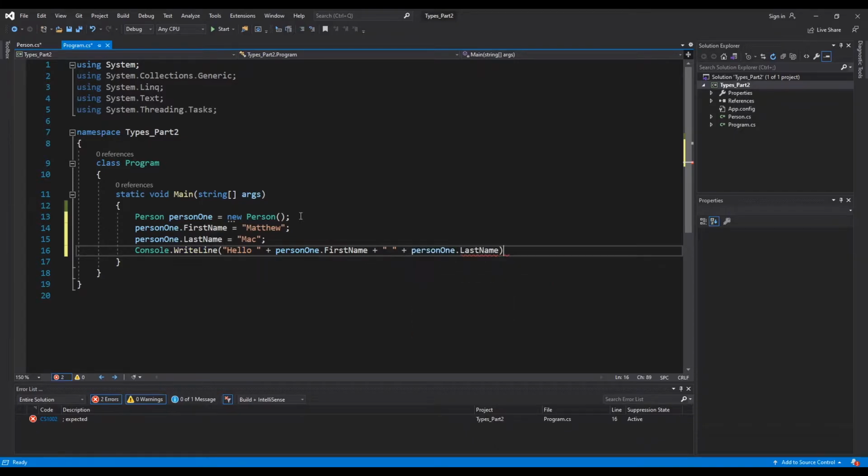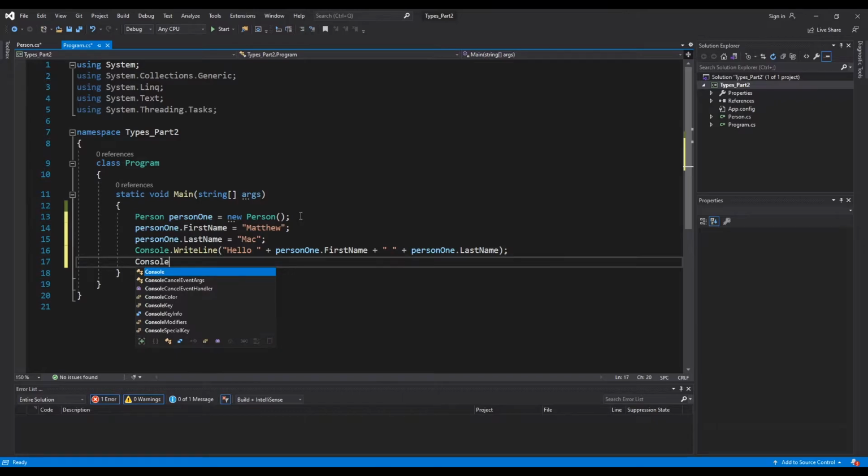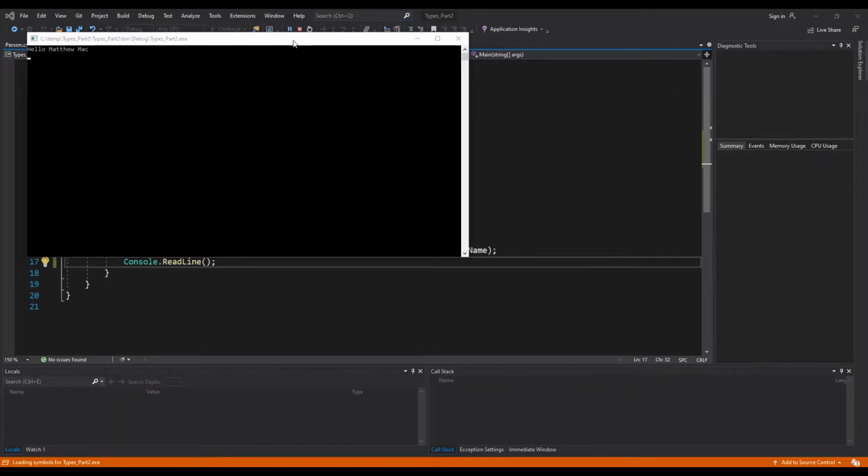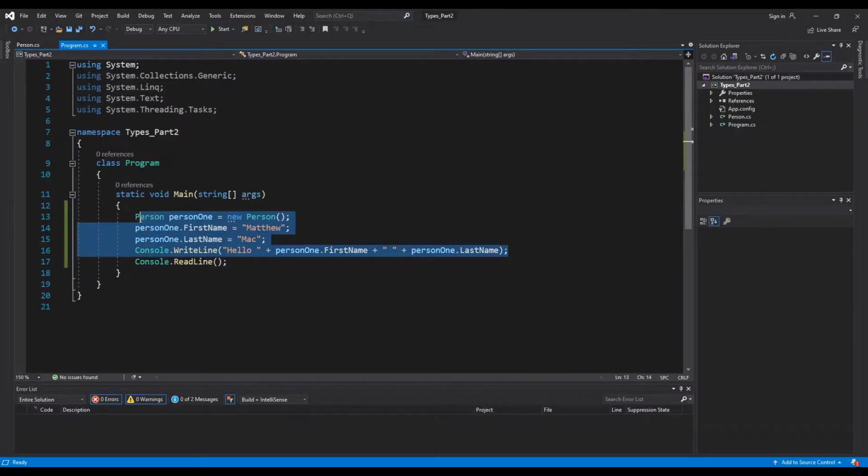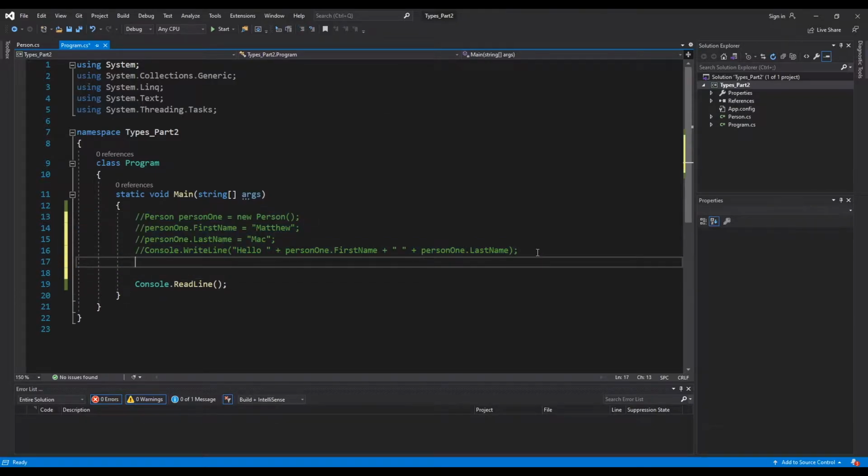Don't forget to put in the call to the Console.ReadLine at the bottom here, and let's run our application and see what we get. You can see the greeting to the person written to the console. Okay, I'm going to comment this out, and then let's jump on over to an int type again and type in int age1 = 28;